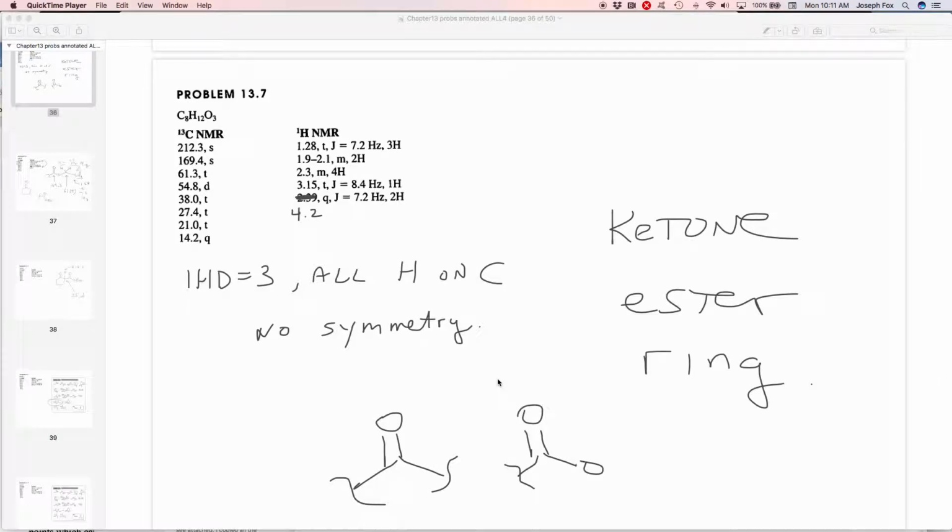Problem 13.7, C8H12O3. Looking briefly at the carbon NMR spectrum, we see some signature peaks at 212 as a singlet and 169 another singlet, indicative of two different types of carbonyl compounds. The one at 212 likely belonging to a ketone, the one at 169 belonging likely to an ester or a carboxylic acid. If we go through the